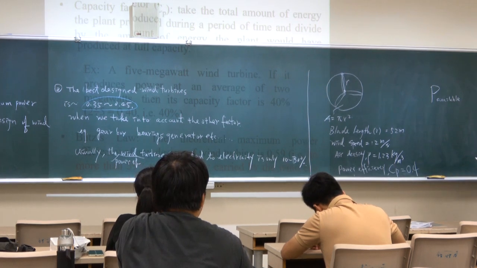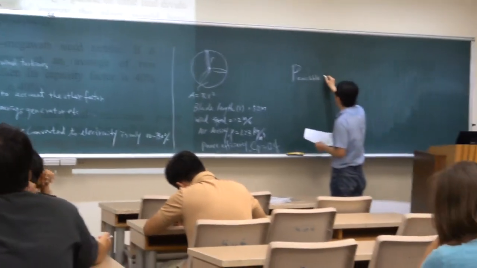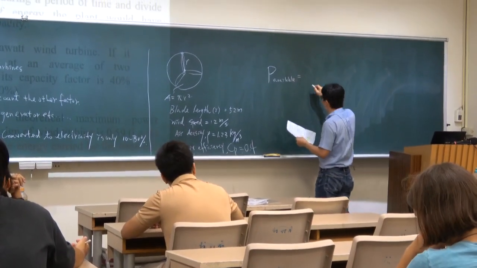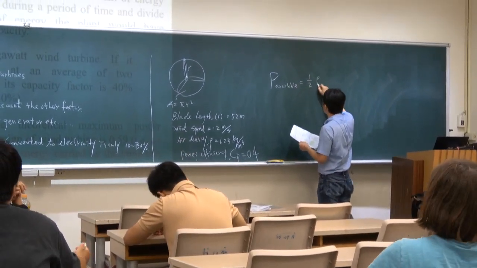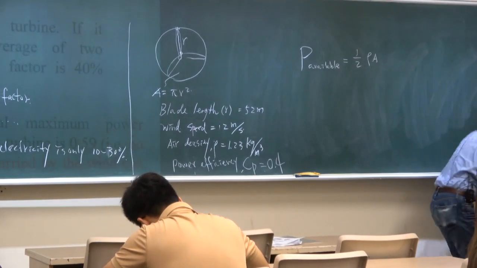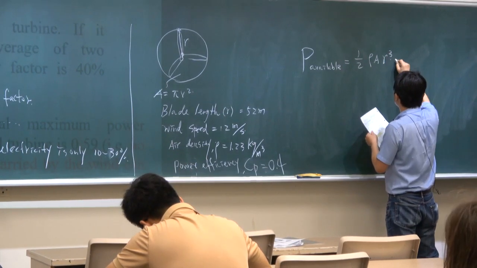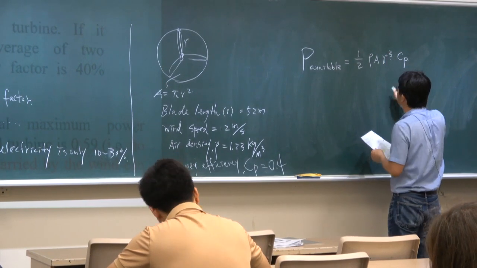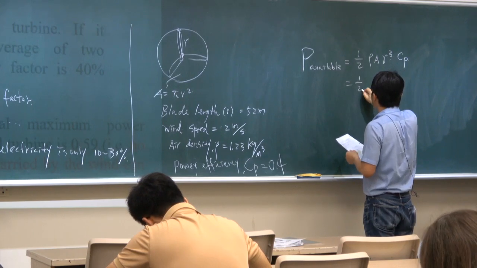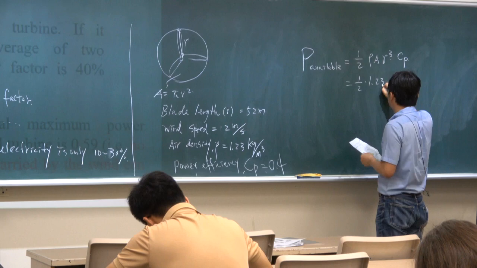Power available means based on this condition, how much power the wind turbine can generate. And then multiplied by Cp. So easy question. Very simple. You can get multiplied by